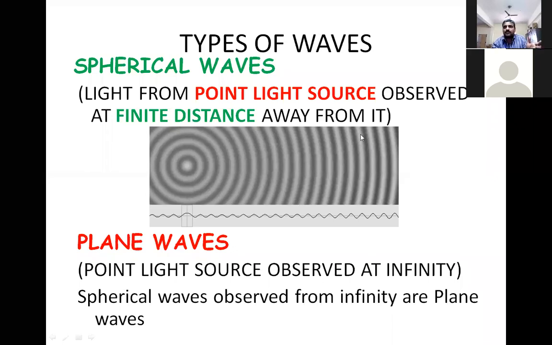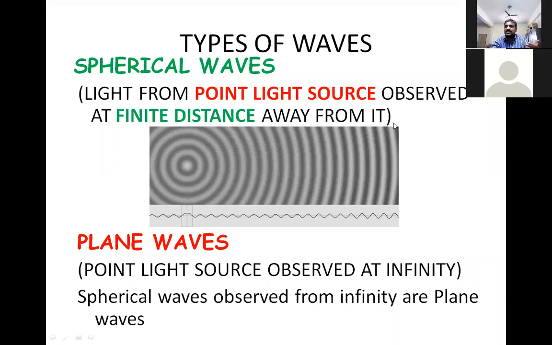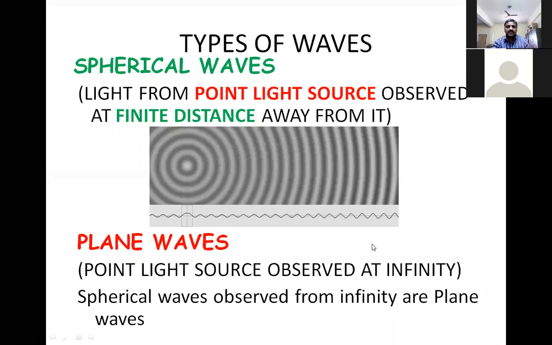Of course, I am not a point object. Please forgive me for giving this bad example. If you can imagine me as a point object, then the waves coming from me, if you are standing very near to me, are called spherical waves. And if the waves are received at a larger distance, you can call them plane waves, right? Only 2 types of waves are there. One is plane wave, another one is spherical wave. Now, why am I telling all this? Because in order to study diffraction, you should know about plane wave and spherical wave. We are going to study two different classes, which I'll show in the next slide.